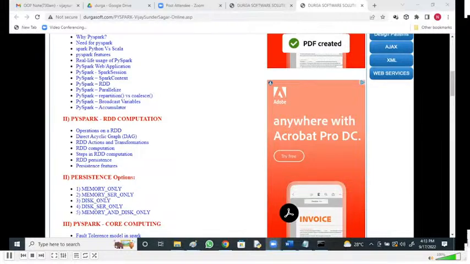Any other knowledge required? Basic Linux knowledge. Basic Linux commands are not a problem, I can provide them. I'll discuss the basic commands of Linux, and basic Hadoop knowledge I'll provide also. Updating with basic SQL is not a big thing. So basics of SQL, Linux, Hadoop and Python are required for Spark, PySpark.